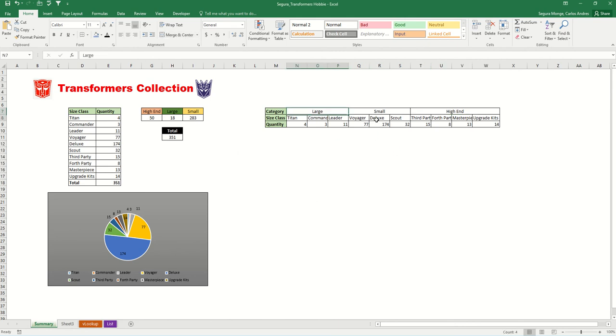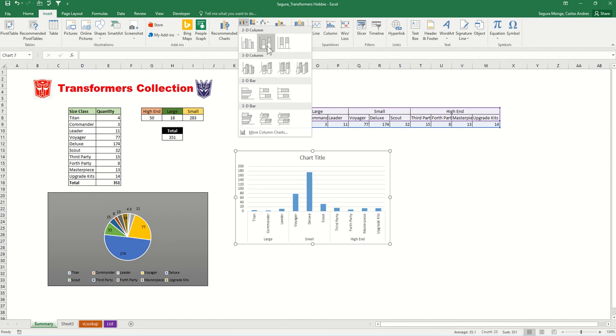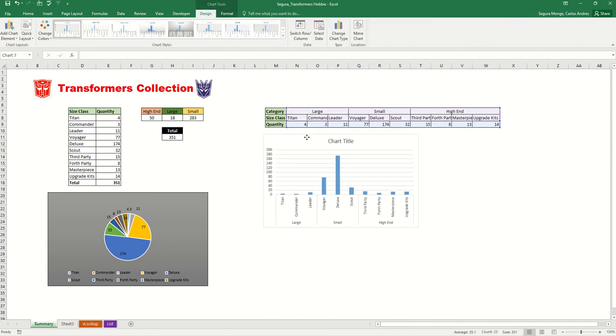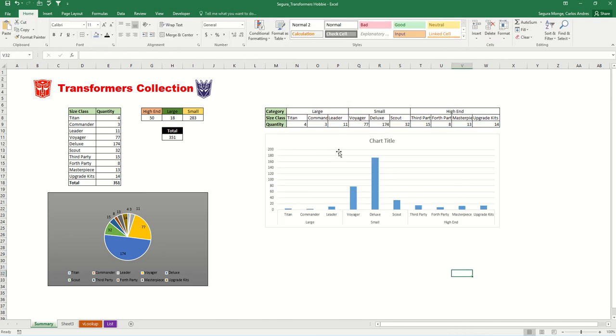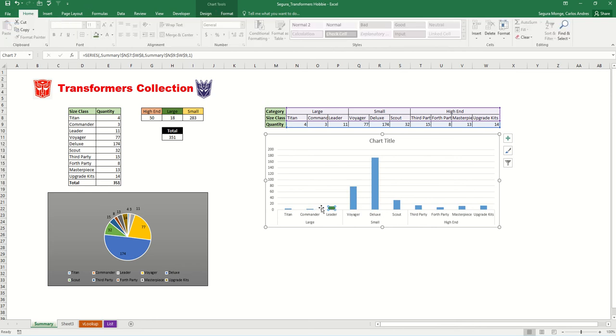All right, so we will be selecting all this data. Then we will click on insert. I'm going to be using bars, and this is the one I like. I'm going to move it here. I'm going to make it wider so it's the same size as the table. And then I'm going to give a specific color to each of the different major categories. So I'm going to be selecting these bars and make them